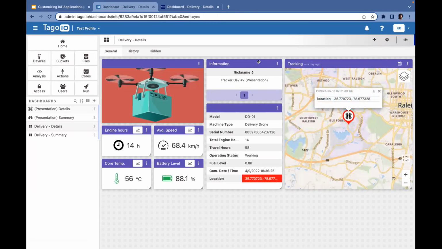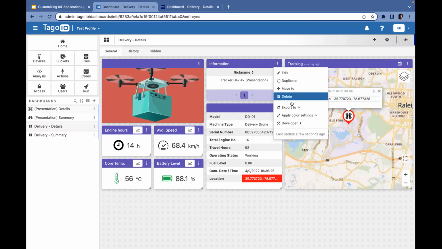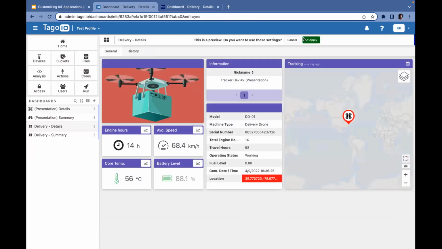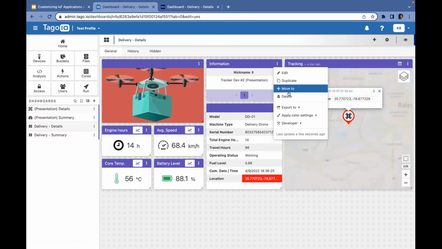Since it has the footer color I want, and I mentioned that we are going to customize this very quickly, I'm going to be copying the color of this widget to all other widgets. If I did select only the same type, I can see that this is a dynamic table, so we don't copy it to these widgets. So what do I want to do here? I want to